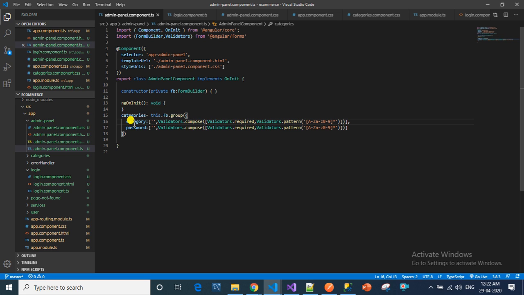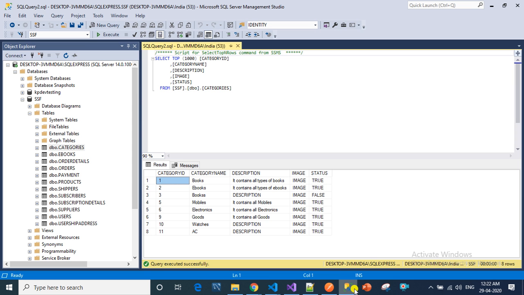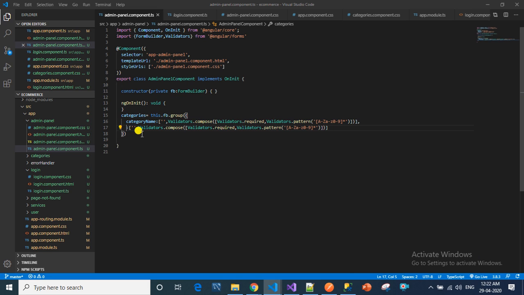Category name, and I want to give description, image and status. I will copy this.